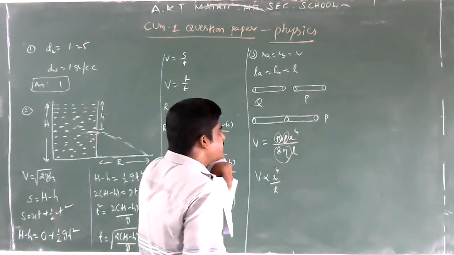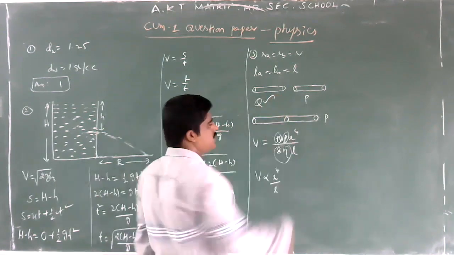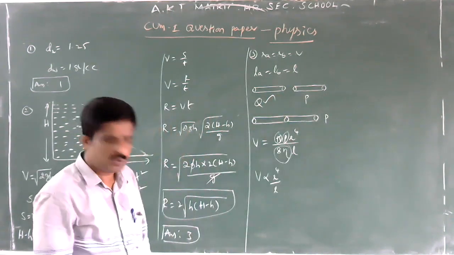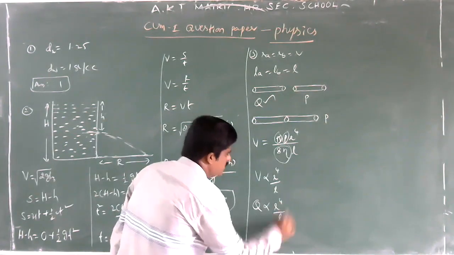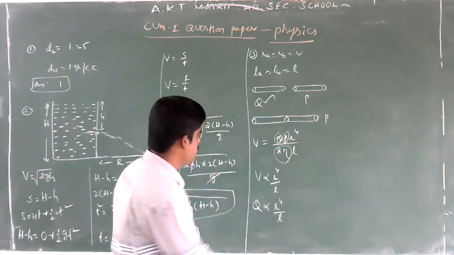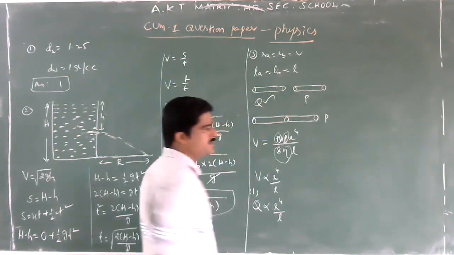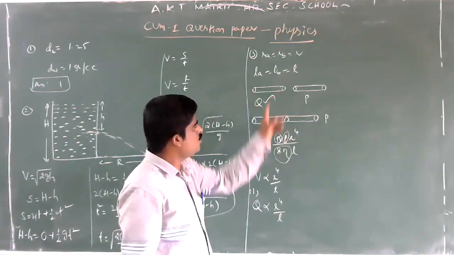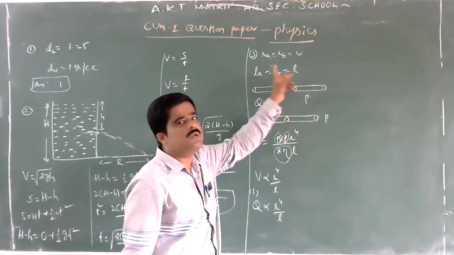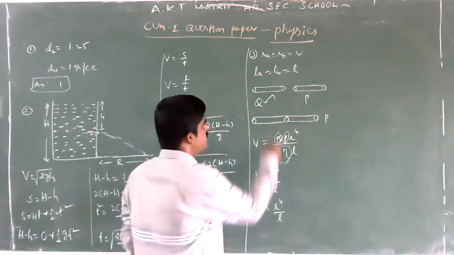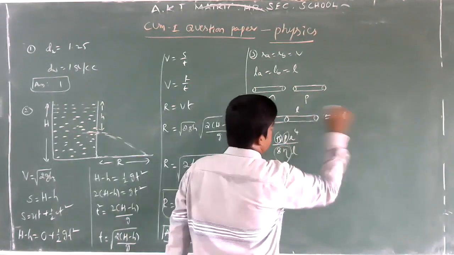Okay. First case. What is the rate of flow of fluid? In the first case, they have given the rate of flow of fluid Q. So Q is directly proportional to r power of 4 by L in the first case. Next, now these two tubes are connected in series. What happens here? Radius remains the same. But the effective length changes. Why? Because the first tube length is L, the second tube length is L. So the total length is equal to 2L.